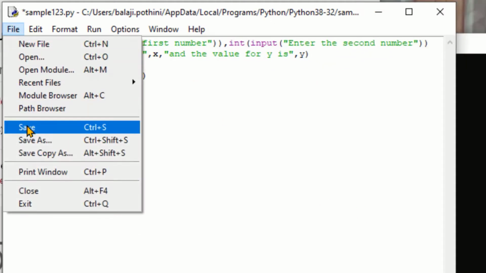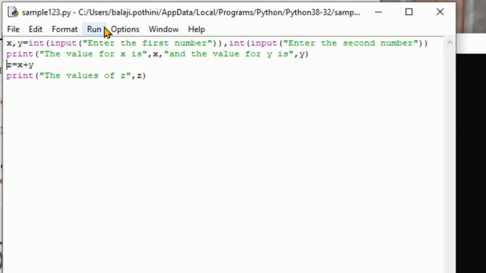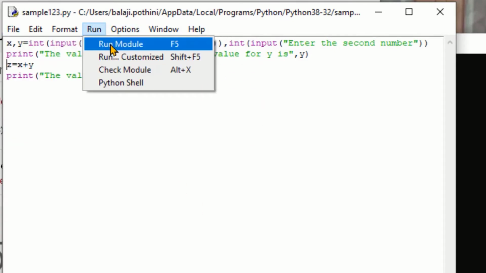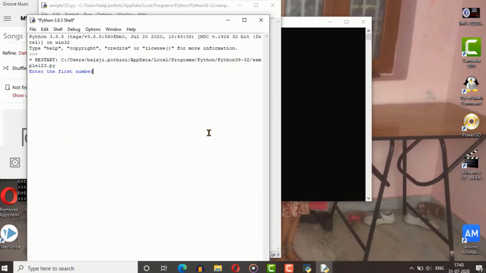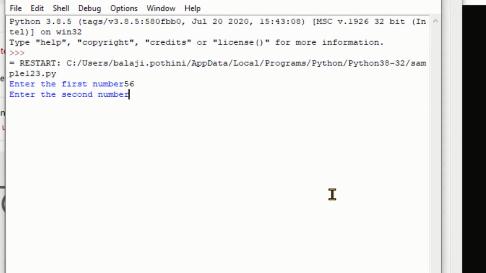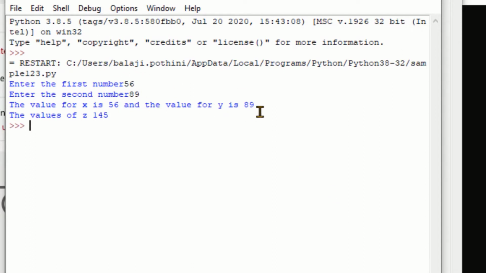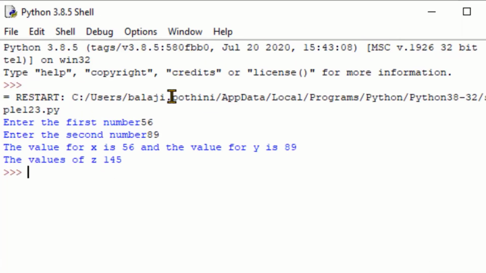So before executing, I am going to save the file and then execute it. Run Python or just press the F5 key. So it's asking for the x value. I am entering a value, and now it's again asking for a y value. I am entering it. Once I press the enter key, the values for x and y that I have entered are displayed as they are. So we can say that the values that we have entered are stored in x and y as they are.